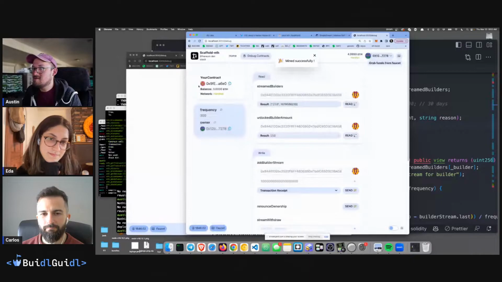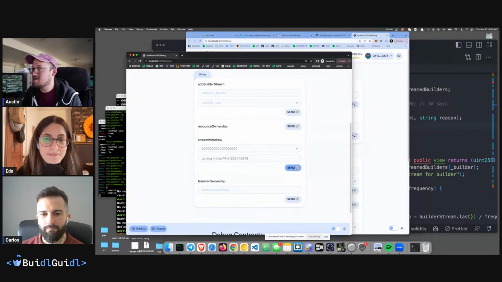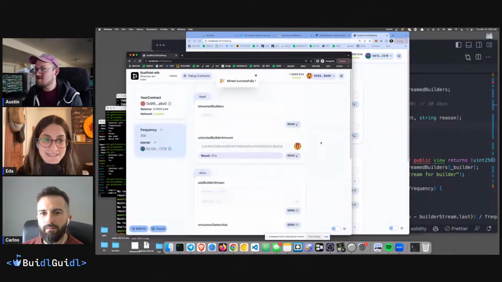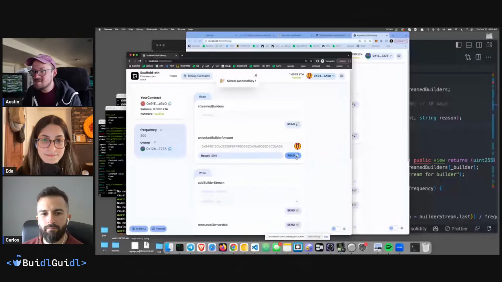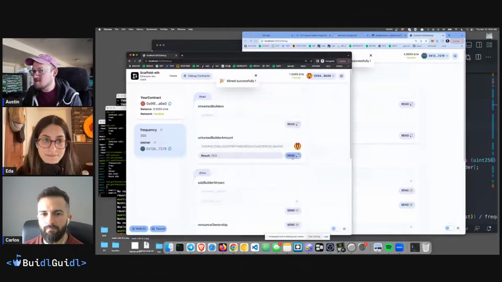Now, this guy should have some ETH. There we go, 10 ETH in there. Okay, so now let's try it again. Hooray! Now we want to know how much this person has unlocked. It's 0.5, right? And if I keep hitting this, it's going to keep being 0.5. So what we need to do is grab some money from the faucet, and then we come back here and check.